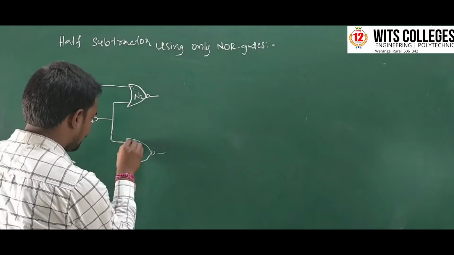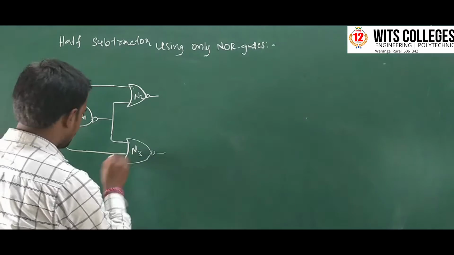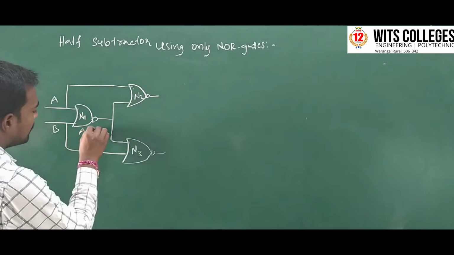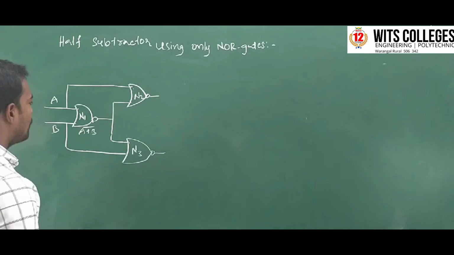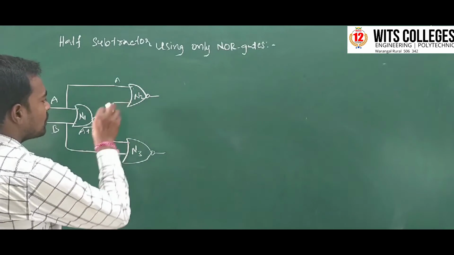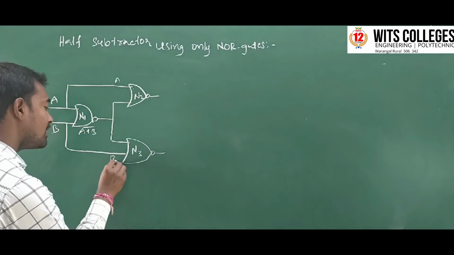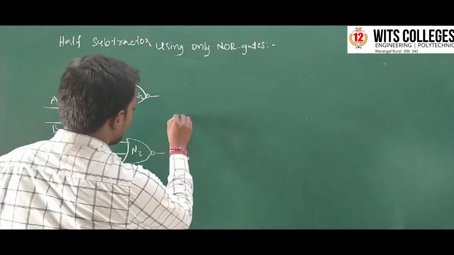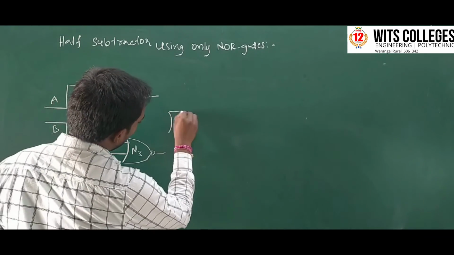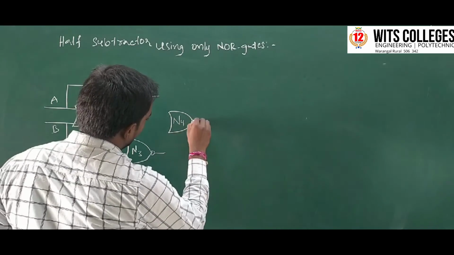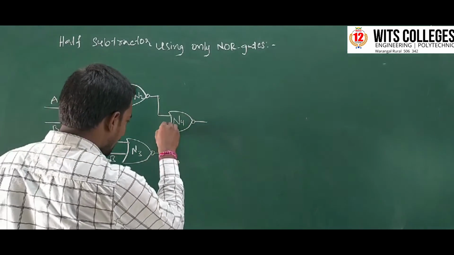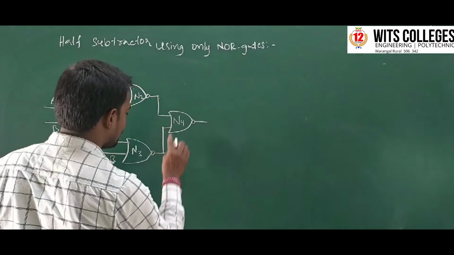This gives the output of (A plus B) whole bar, and here A is the input, and (A plus B) whole bar is the input, and this is the B input. Okay, and the last one, NOR gate 4, is connected to the output of the second NOR gate and the output of the third